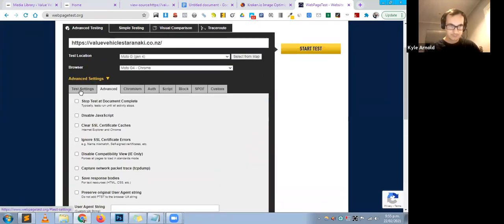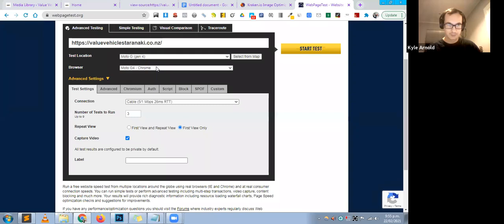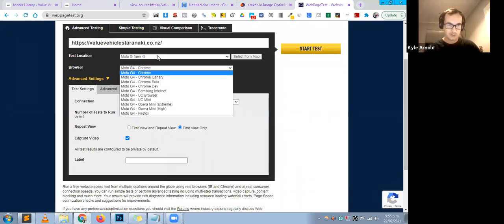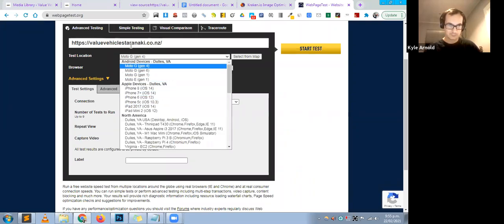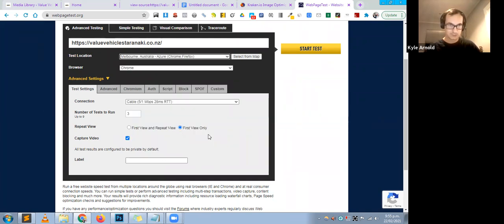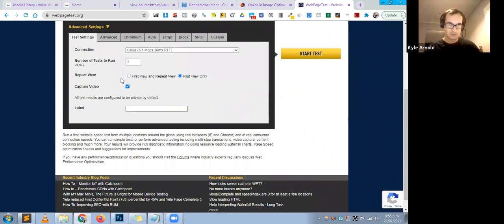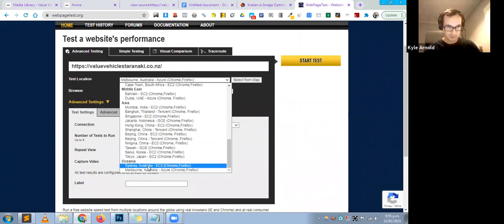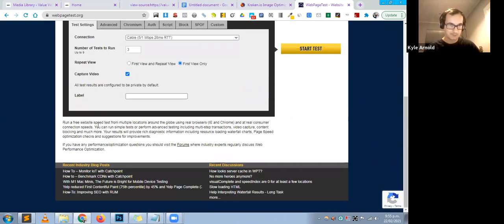They've changed a little bit. You can go whatever device you want, whatever location. So I'd probably go one of these because they're a closer data center. And actually, I think Sydney might be closer to me. And